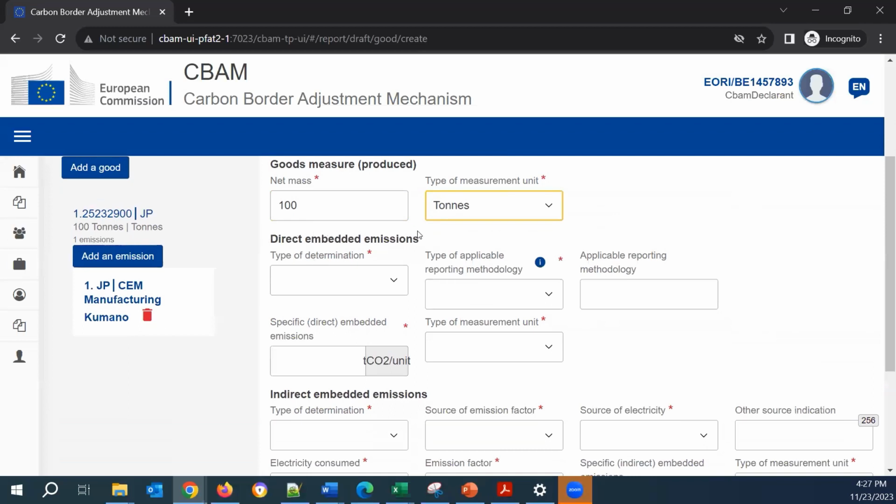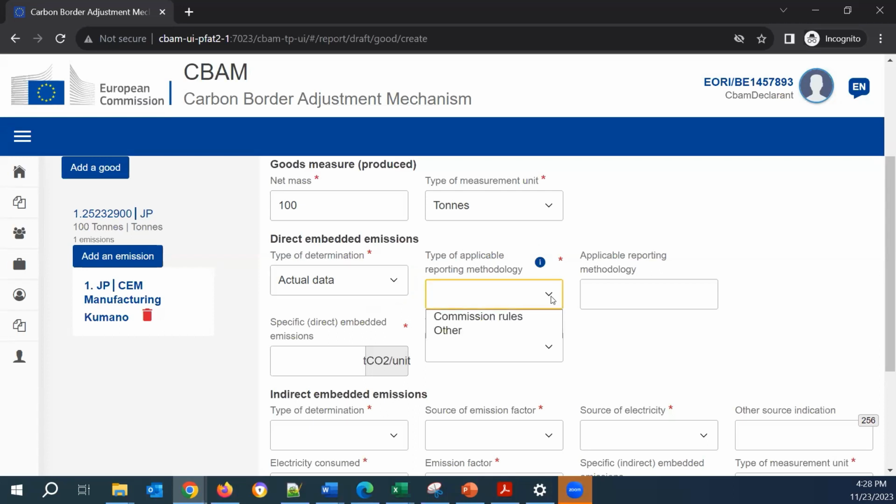And then we need to move on and declare our direct embedded emissions. We have the type of determination here, which has two options: actual data or other methods, including default values. I will go for the actual data. And here we need to declare what kind of reporting methodology we have used to calculate our embedded emissions.